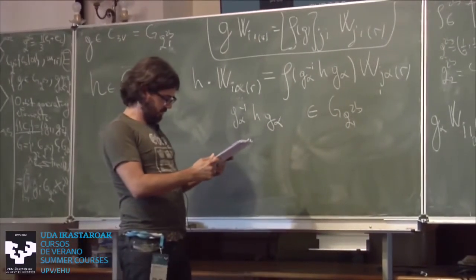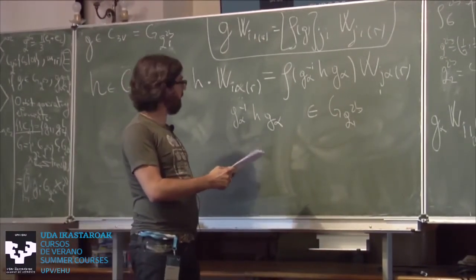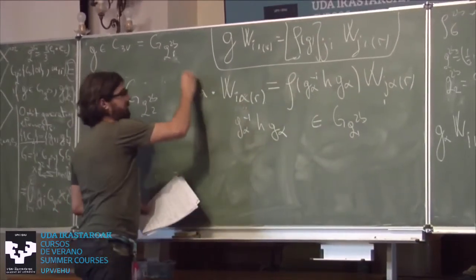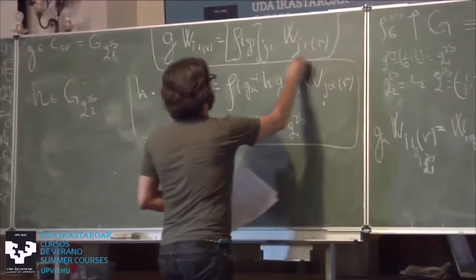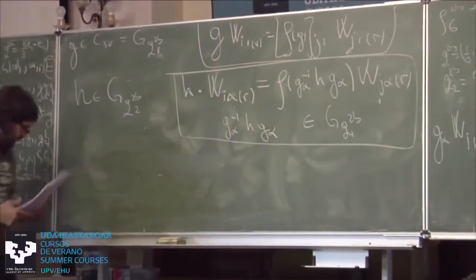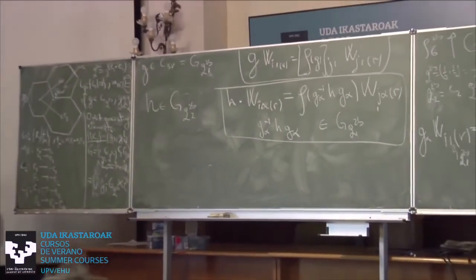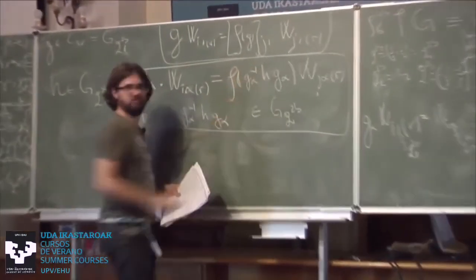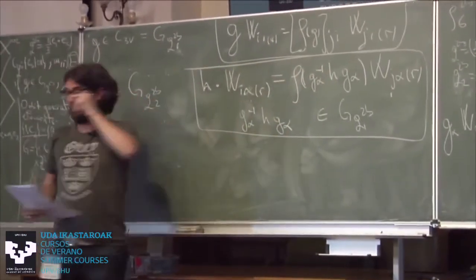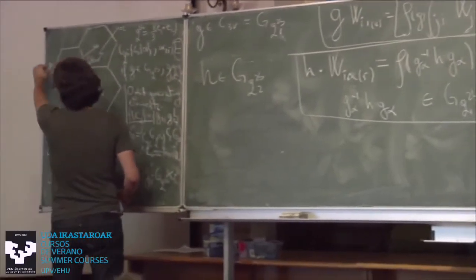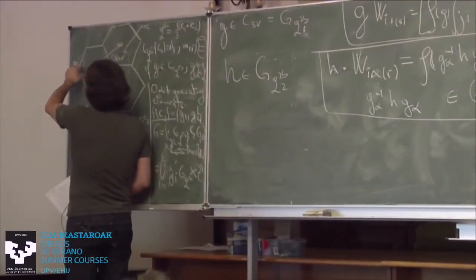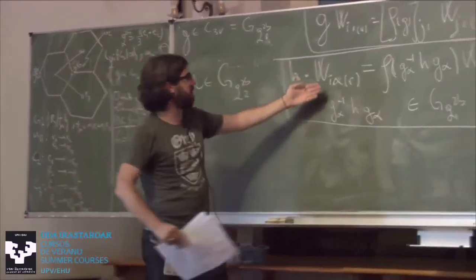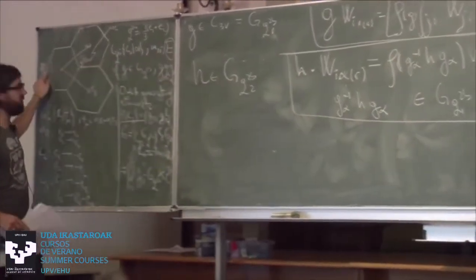Okay? I mean, we can go through it, but it might be a pain. I'm not entirely sure. It might be easier to just accept it. Let's just accept it. Does this make sense, though? That knowing the representation that this orbital transforms with here, I'll know the representation that this orbital transforms with here, because I know the relation between this site and this site. And this is the representation. So H belongs to the site symmetry group of this one.